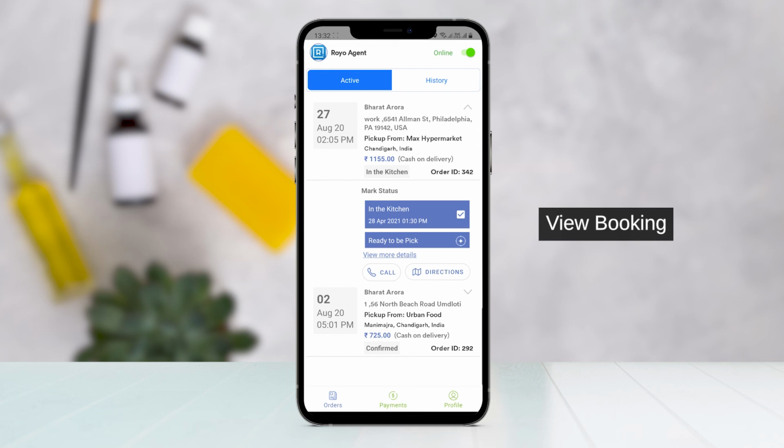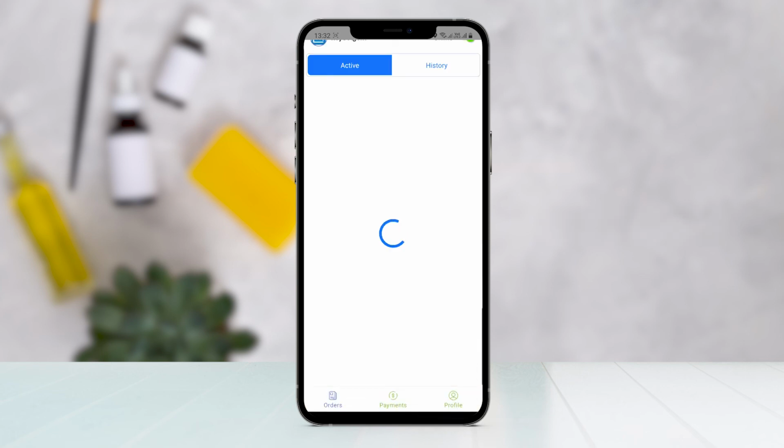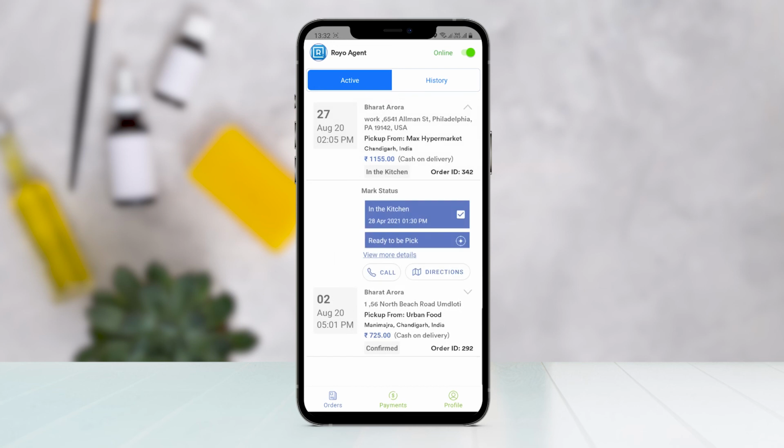They can call the customer or chat with the customer by directly clicking on the same, and they can view the pickup location or the drop off location on Google Maps by clicking on directions. Any status they mark from the agent app would be reflected as an instant notification in the customer application.